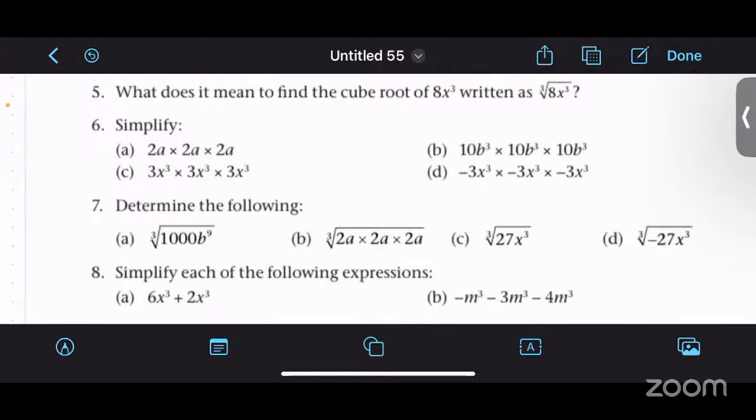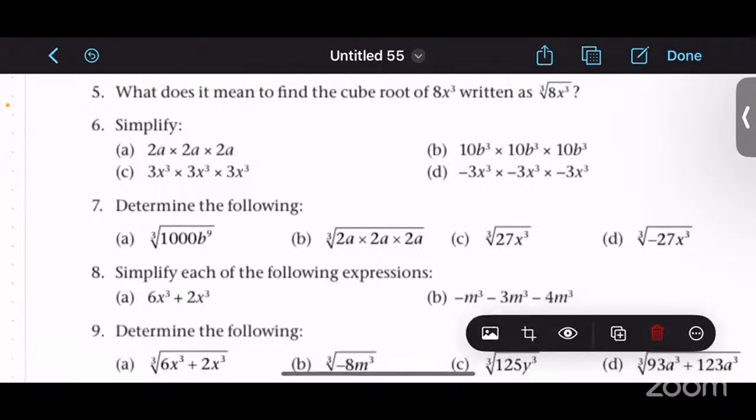To find the cube root of 8x to the power of 3, written as cube root of 8x to the power of 3. So basically, what you're seeing over here,